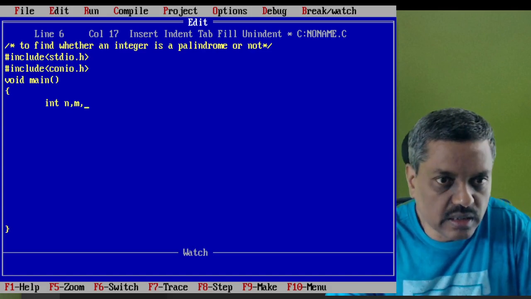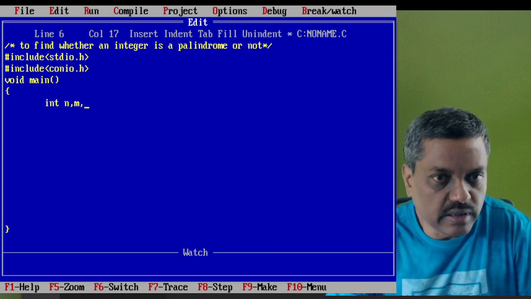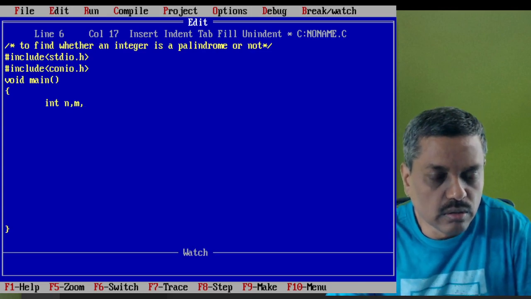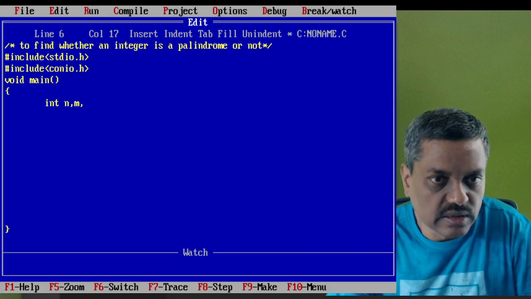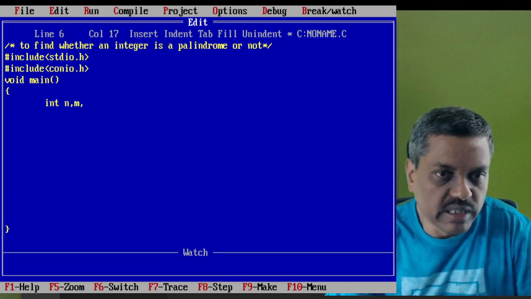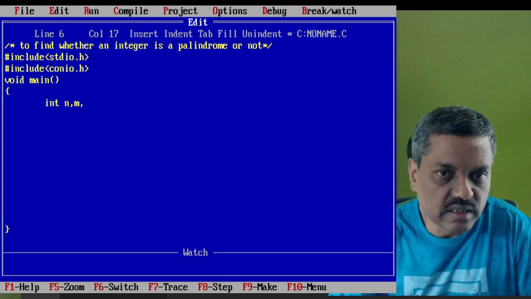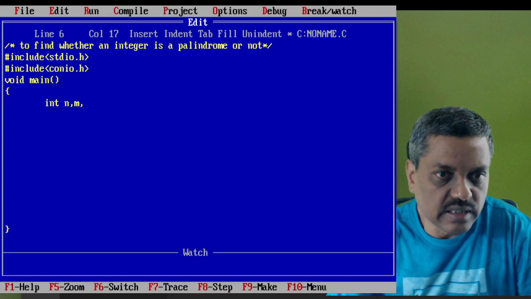For example, if we take the number 123 and try to extract one by one, that should be done starting from the unit place, then moving on to the 10th place, and then to the 100th place. So one by one we have to extract that. When we extract, we have to write it in another location. So first we extract 3, and then we extract 2, and then we extract 1.